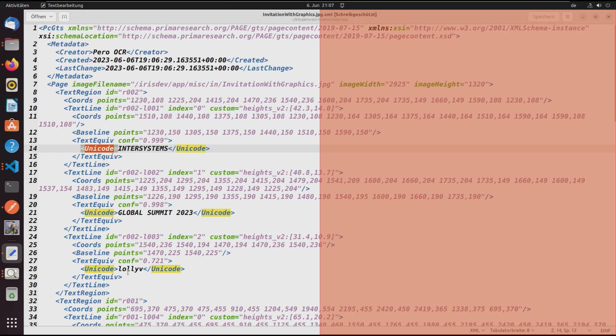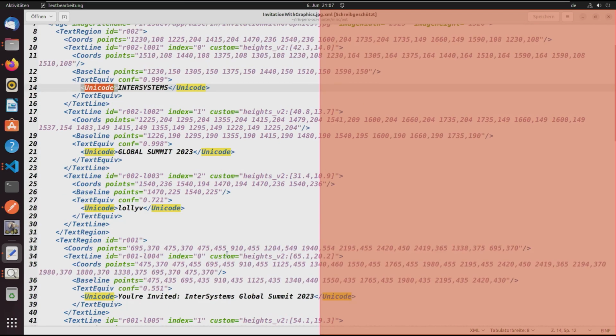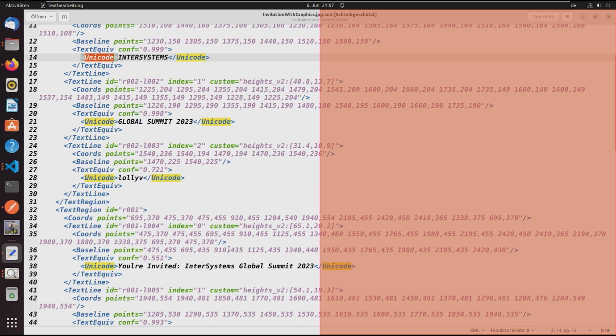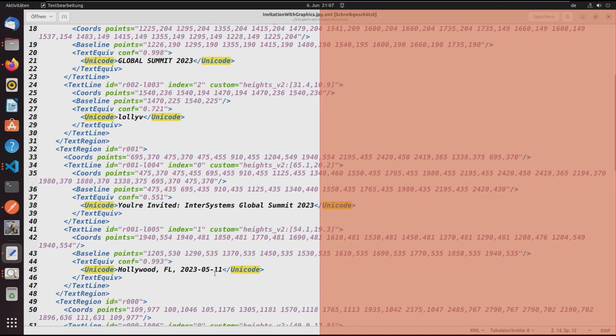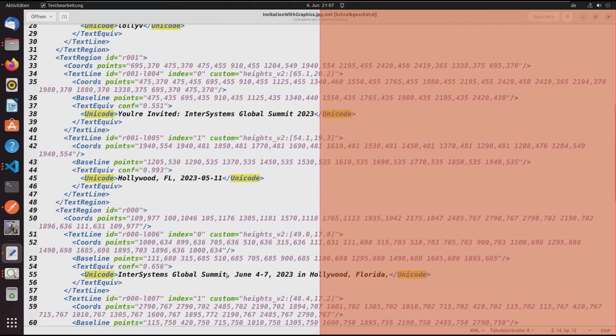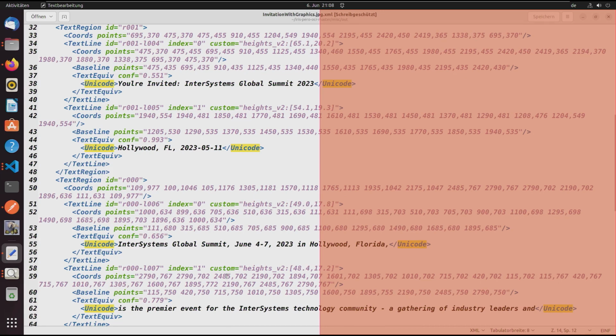Then some trash comes here, don't know. Yeah, the rest of Hollywood maybe. And then you're invited, InterSystems Global Summit 2023, Hollywood, Florida, etc. So this works pretty well. It's not 100% accurate, but it works pretty well. Whenever you need to implement OCR processing, this might be a way, by leveraging embedded Python and